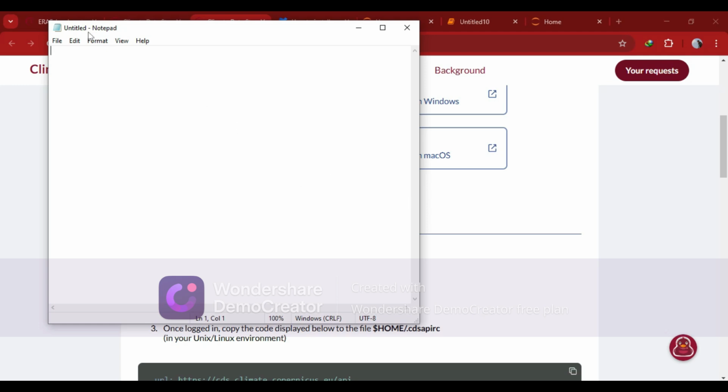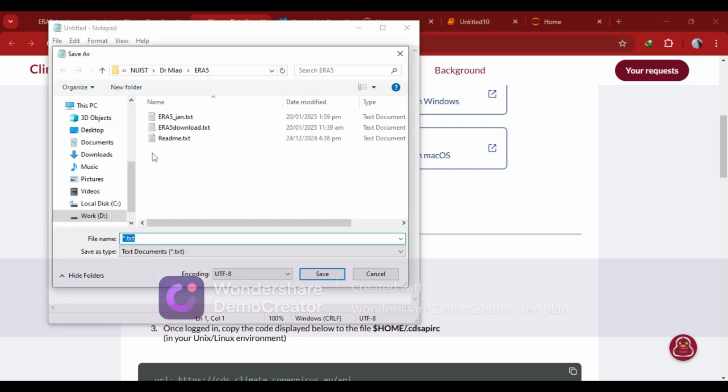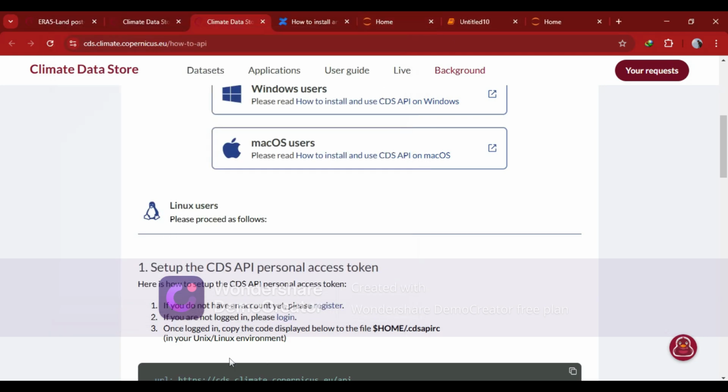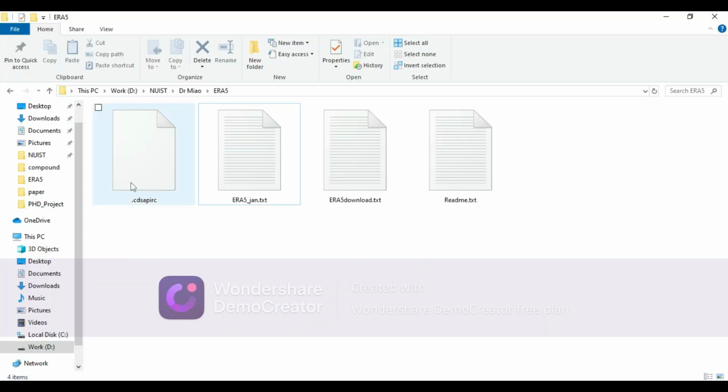And then you have to save as. You have to write save as dot CDSAPIRC, like this. You have to see CDSAPIRC, and then I have to save it. After saving this, I have to copy this and paste it in